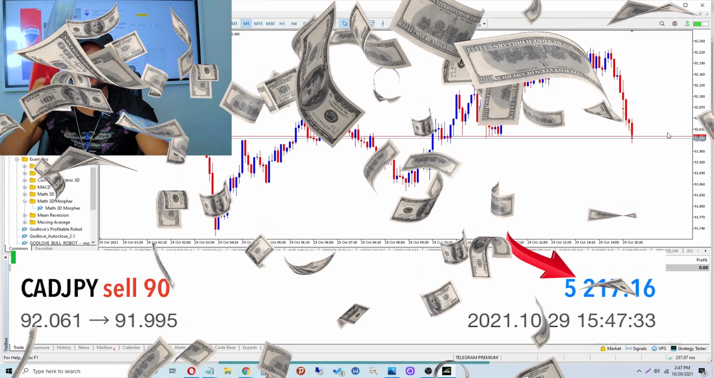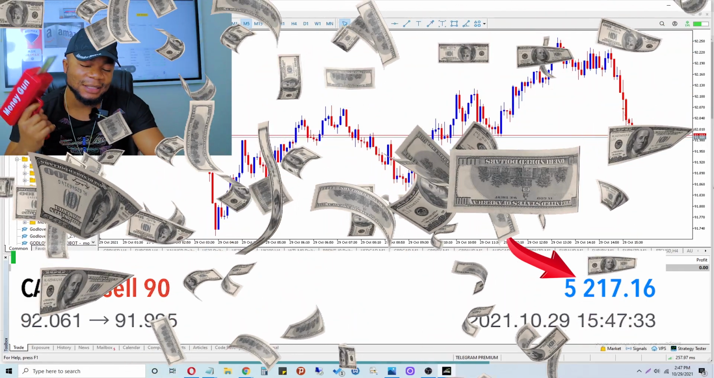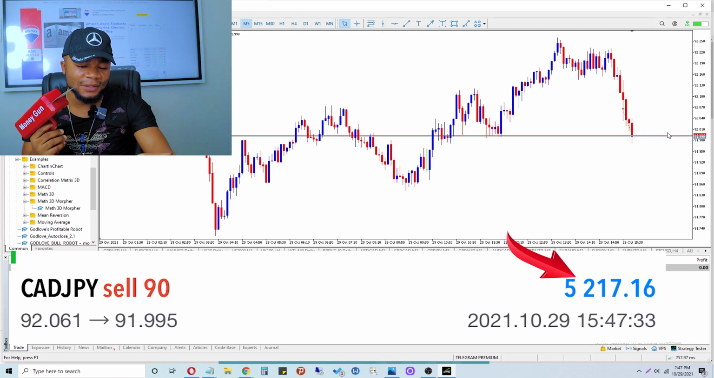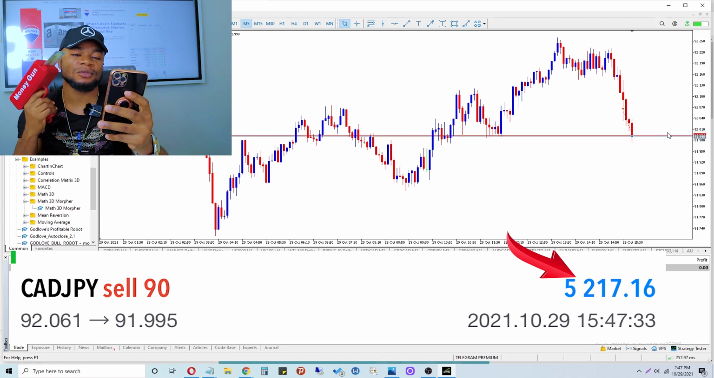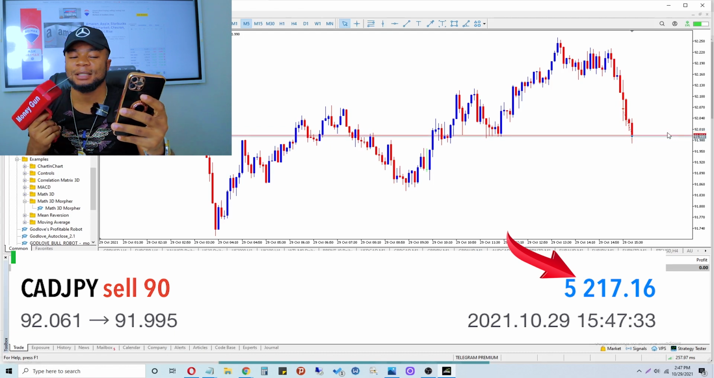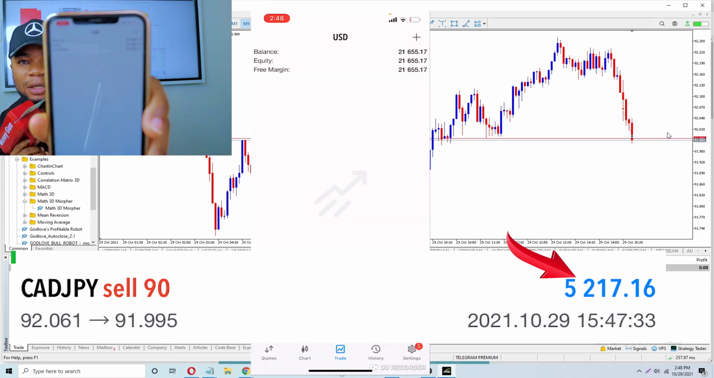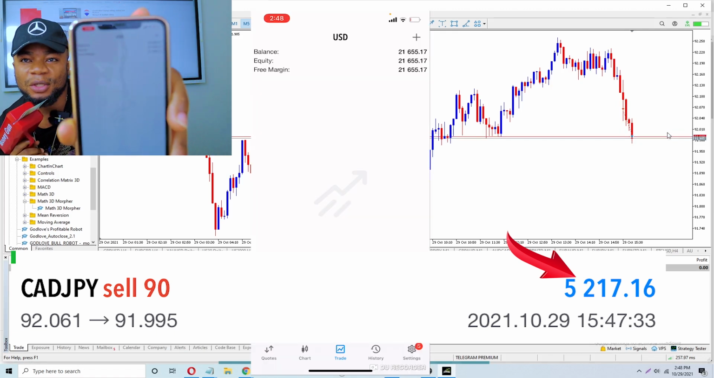Boom, boom, boom. I just hit my target. My target was about 3,500, but $5,217 just hit. That is the same account. The same account now is on, I don't know how my screen can show. You can see that is